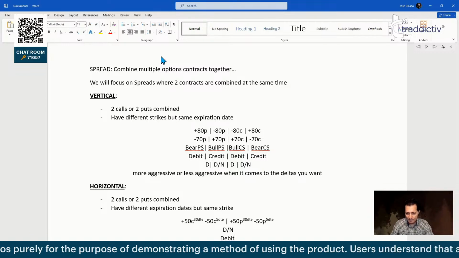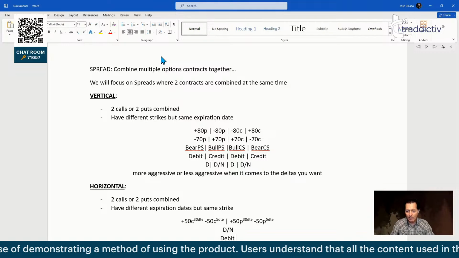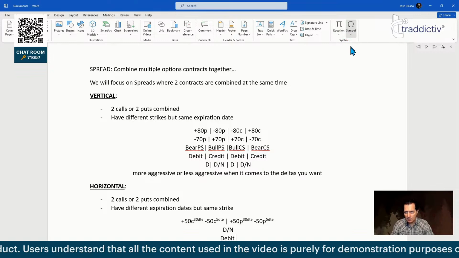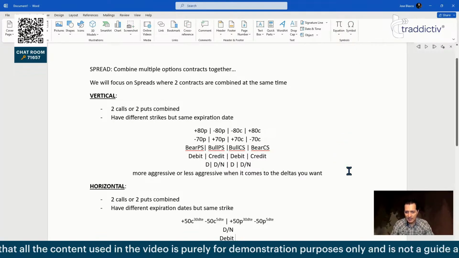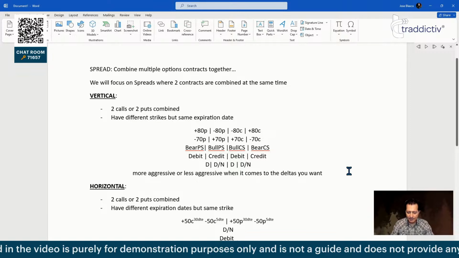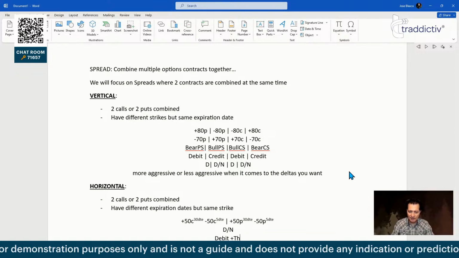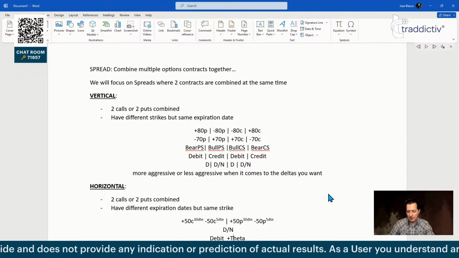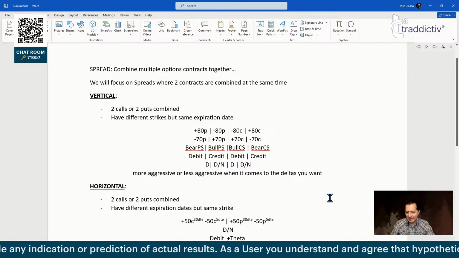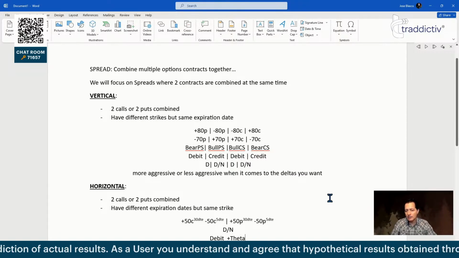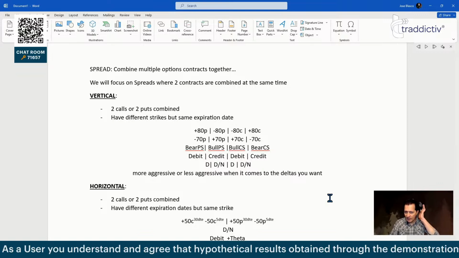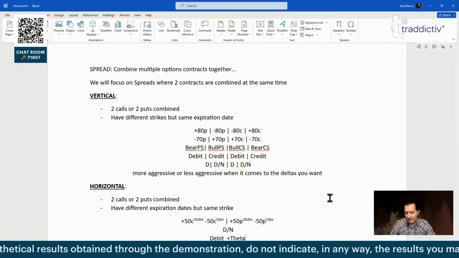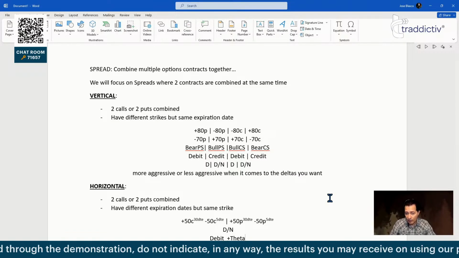It will be a debit, but while it's going to be a debit, it will produce a positive theta. This is something which is pretty cool. So you are doing a debit, but you are being paid as time passes, which typically is not something that happens with debit strategies. Debit strategies typically are negative theta. You lose value on time passing. But with the horizontal spreads, it's not the case.